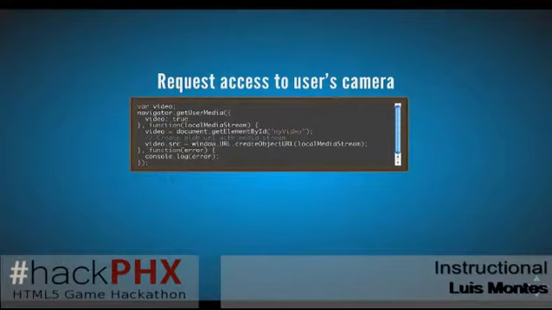You might want audio, you might want video. So that was one of the parameters here. And then we're giving it two callbacks. One is, if everything is successful, yay, we have access to the camera. If not, you want to do something else. Log an error, go away, whatever.